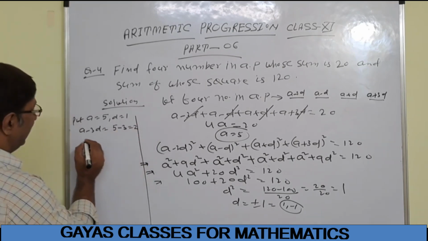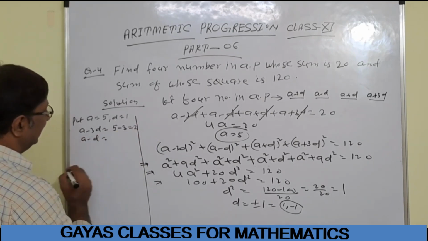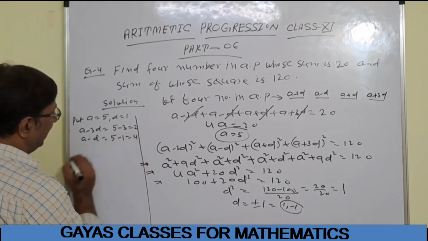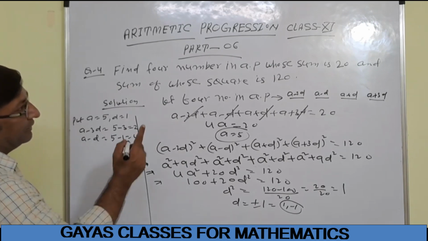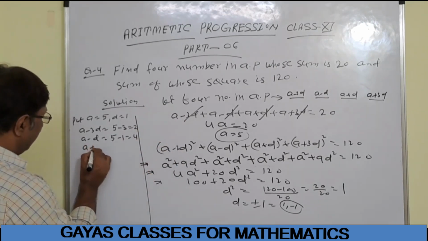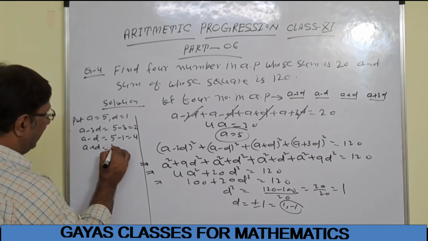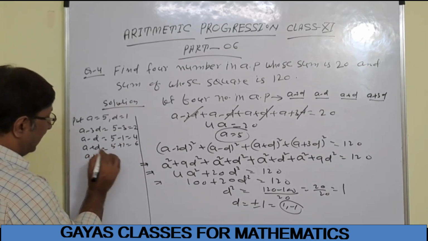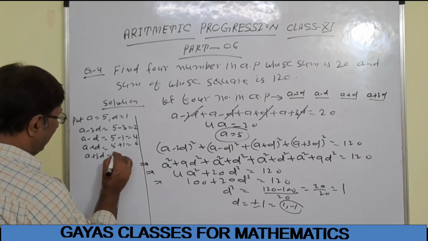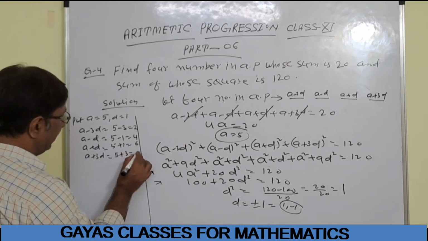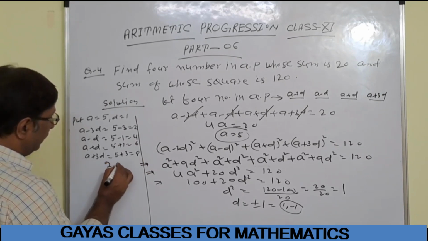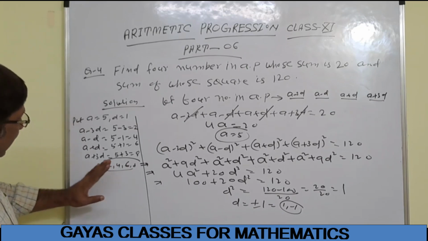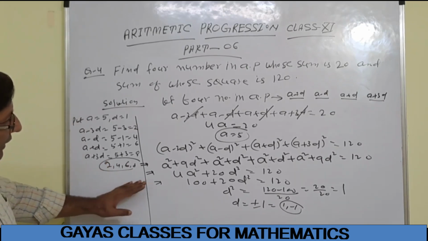In the same way the next number is A minus D. A is 5 and D is 1, so 5 minus 1 is 4. Next one is A plus D, so 5 plus 1 is 6. Again next is A plus 3D. A is 5 and 3D is 3, so it is 8. So our numbers are 2, 4, 6, 8, right? So this is the first case. In the same way, if we put A equal to 5,